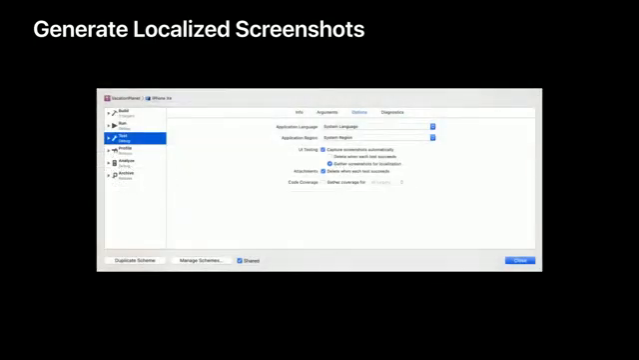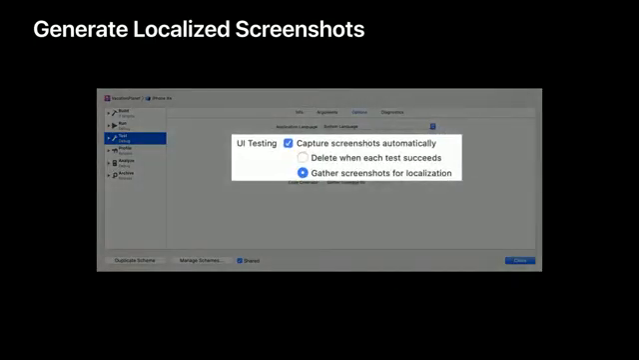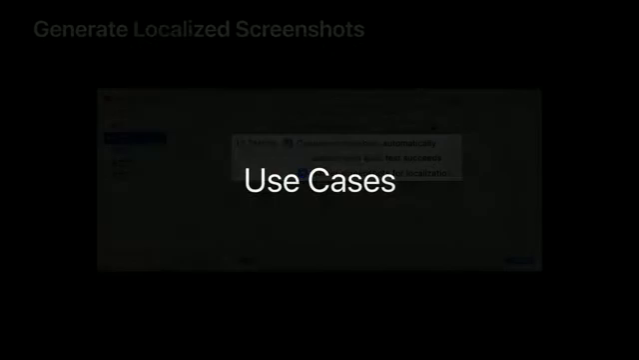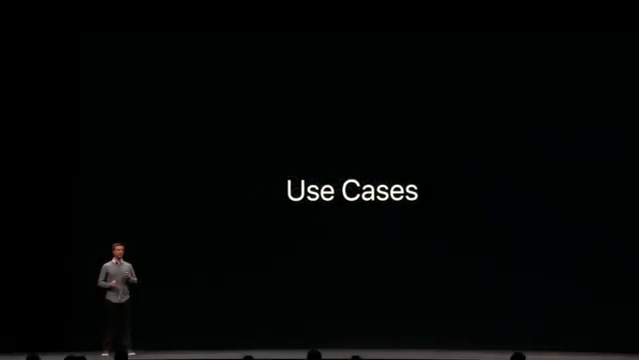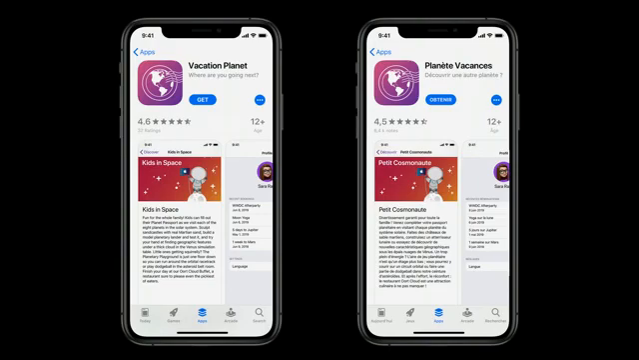We also made this option available in the scheme editor that you already know and use in case you haven't migrated to test plans yet. And now that your tests are set up to capture localized screenshots, let's see what we can do with them. They're actually a great marketing